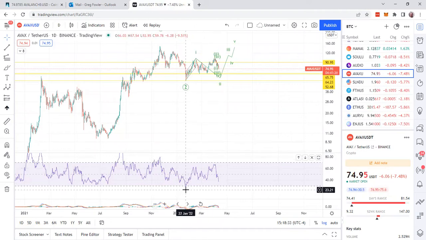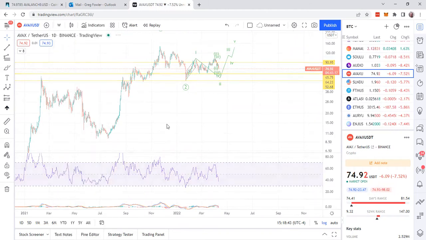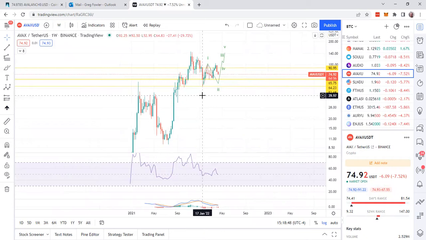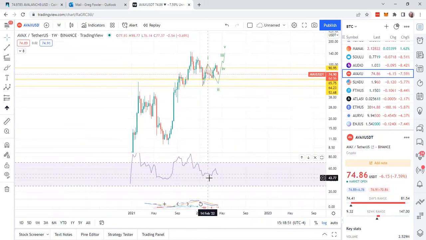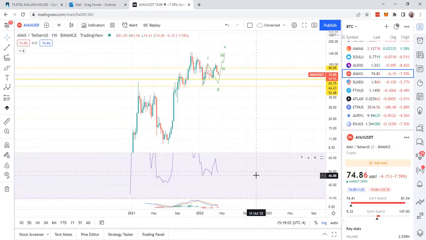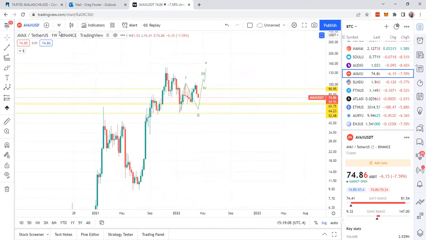Yeah, you see? You see there's no divergence with it. It just zinged off the bottom. This is good news for AVAX, guys. This is a bullish coin. What is this? Is that below it? No, it's not. Okay, that's still acceptable. Okay, guys, this could be a bullish coin.